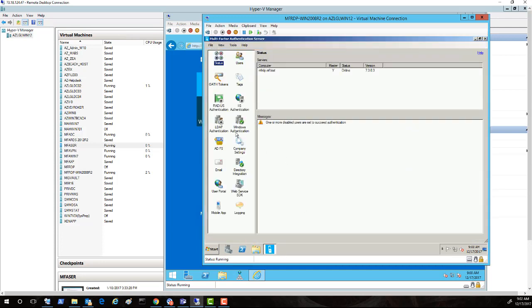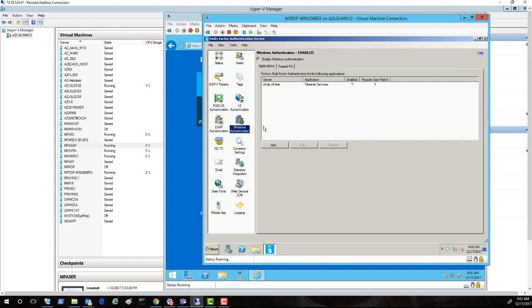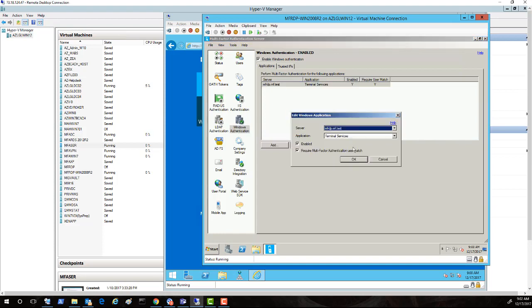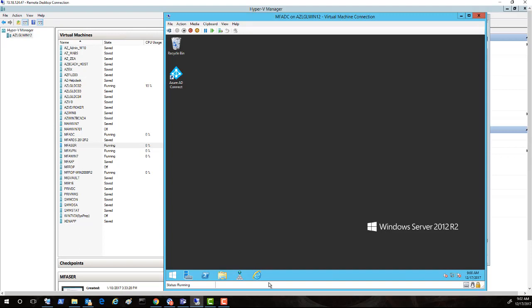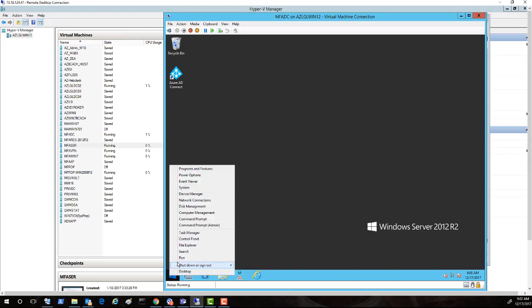Here you go. And the only thing that you do here, Windows authentication, you enable Windows authentication and you add your terminal server. At this point, if you go here, this is the only thing that you have, right? Multi-factor authentication and user matches. How easy, how simple, very, very straightforward. I'm going to cancel it here and I'm going to try to make an RDP session to prove that it works, right? So if I go here, run msdsc,